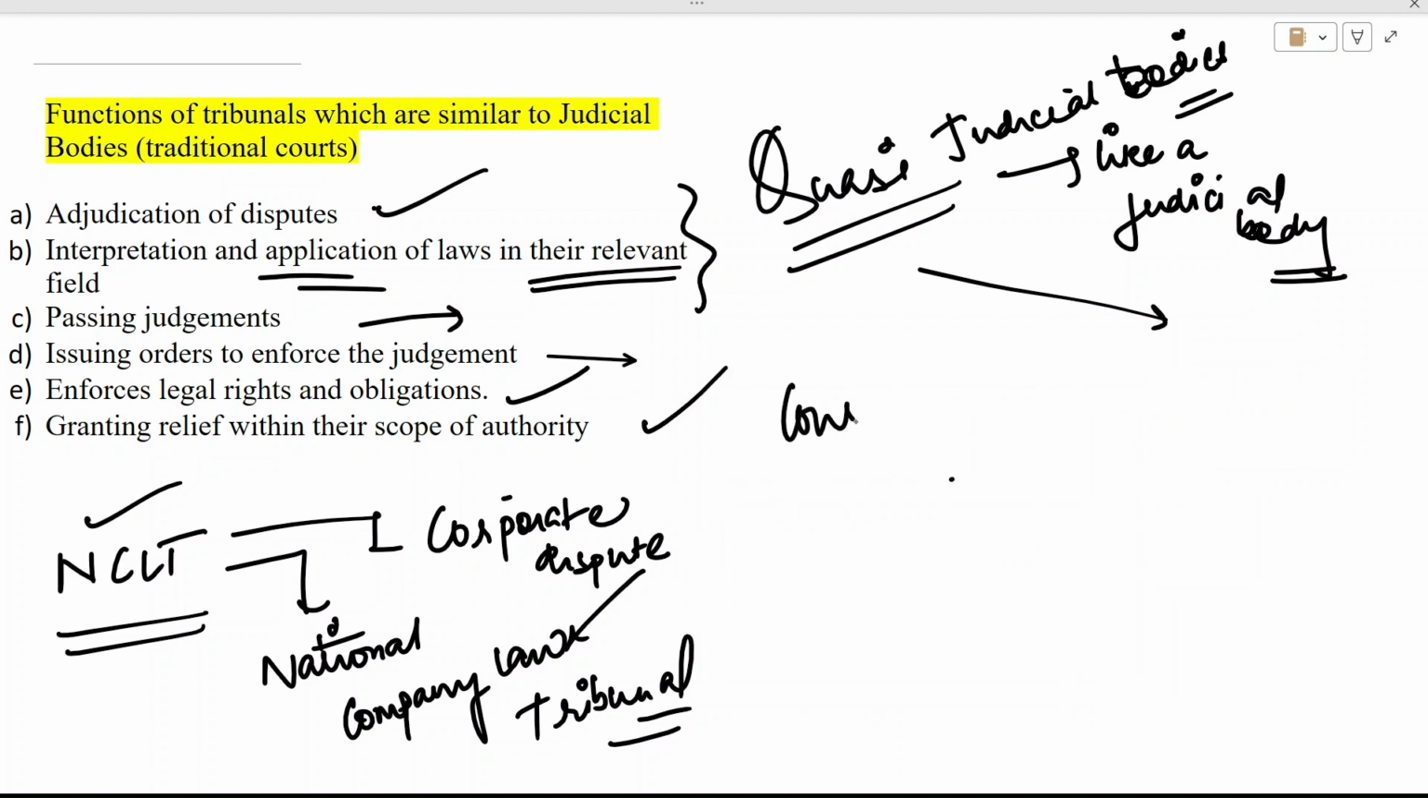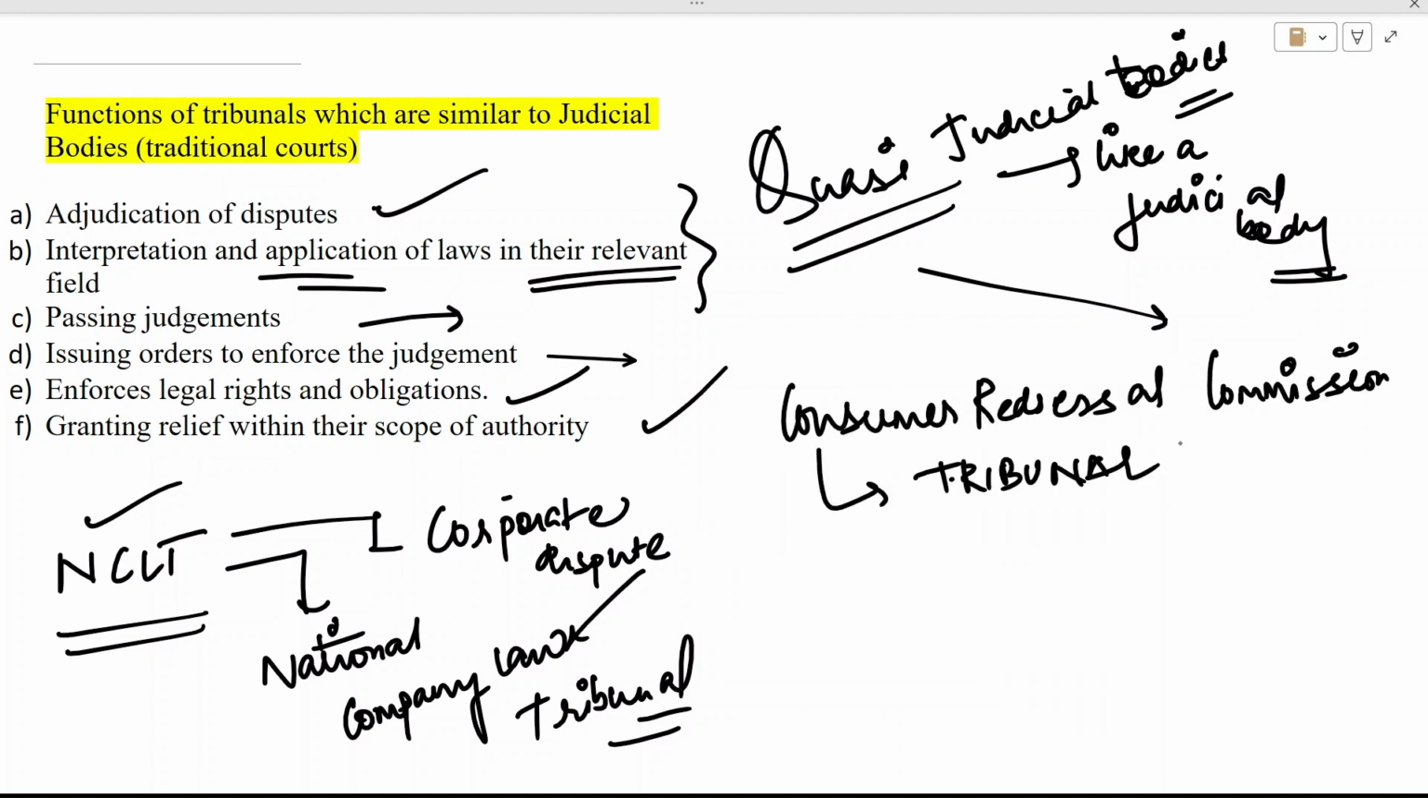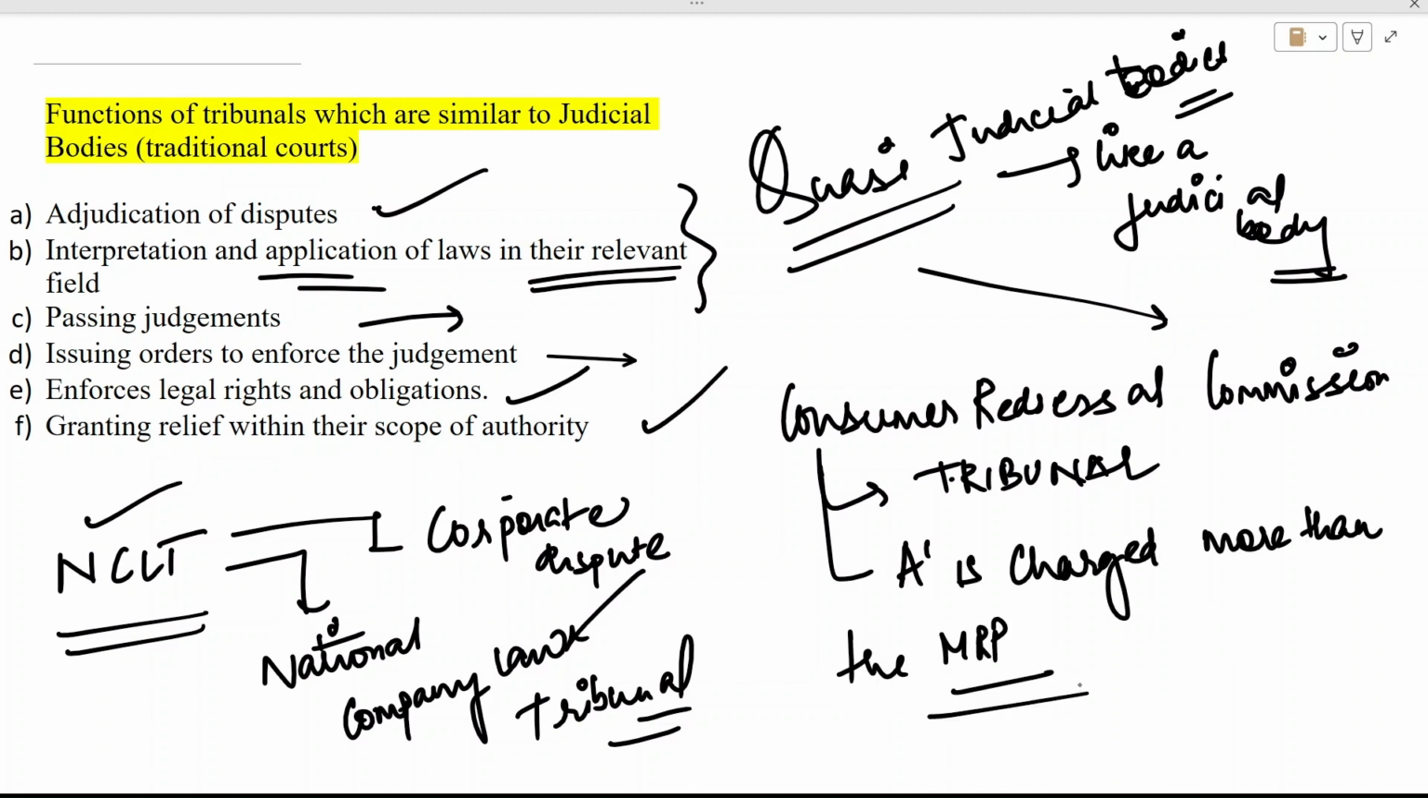The Consumer Redressal Commission. It is a tribunal. What kind of matters go there? Consumer dispute related matters. Now suppose a consumer A has been charged more than the MRP. So what can the consumer do? The consumer can go to the Consumer Redressal Commission. And the Consumer Redressal Commission will make sure that the rights of the consumer are protected. So what is the Consumer Redressal Commission doing? As a tribunal, it is enforcing your legal rights and making sure that the obligation of the company who is